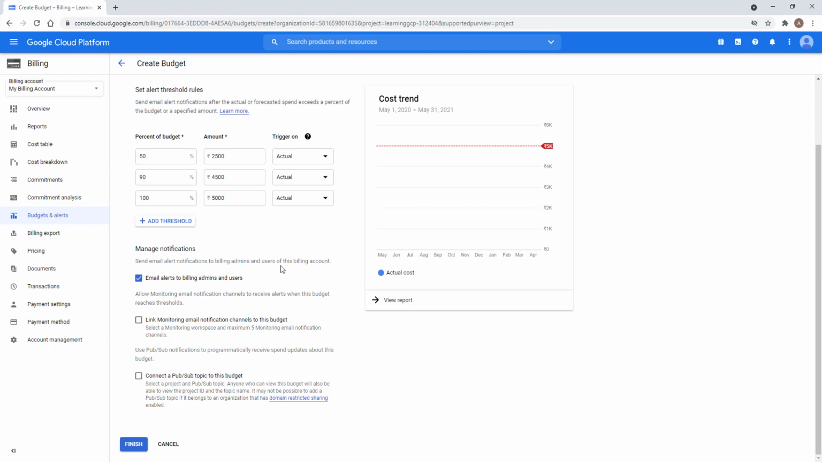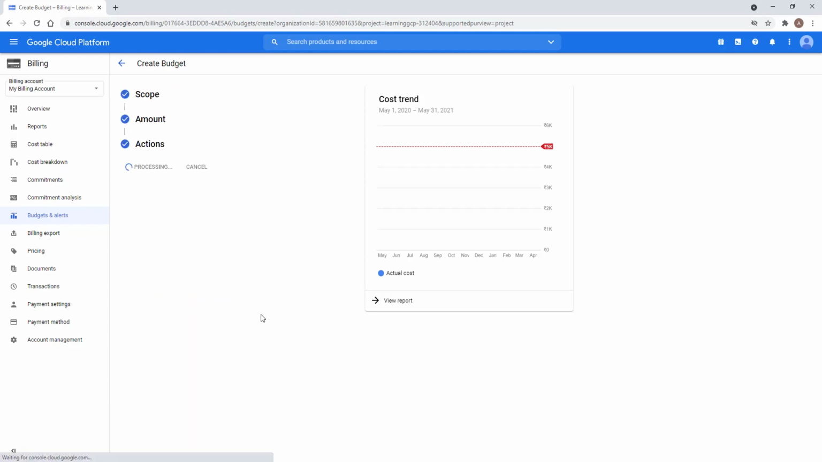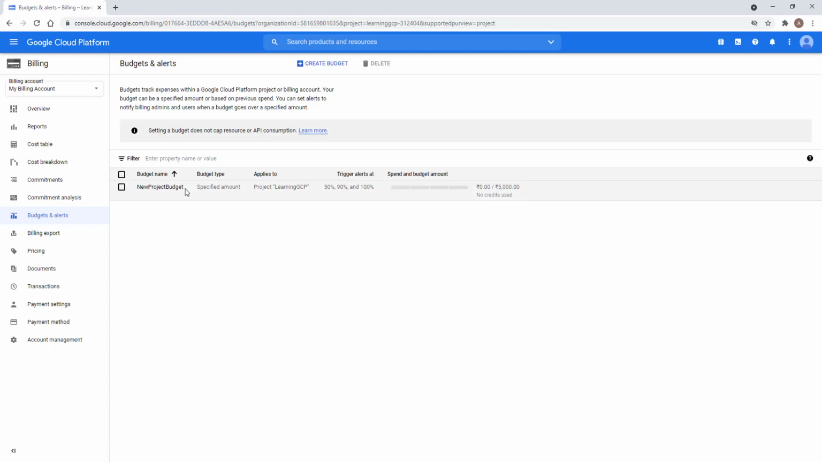How do you want to notify? If I click create on finish, it creates one complete new project budget trends, which will automatically send me an alert whenever my consumption is near 50% of the total budget, which is the 5,000, or 90% and 100%, so that I can keep an eye on how the consumption for a particular project is going, so that I can take the necessary action to adjust the budget or to monitor the resources,